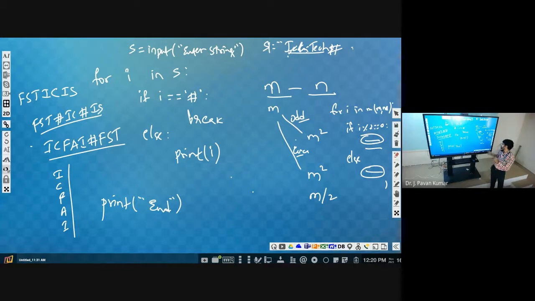On the other hand, consider not equal to. How can we change this? If i mod 2 is not equal to 0, then we have to print m square, else m square, m by 2.